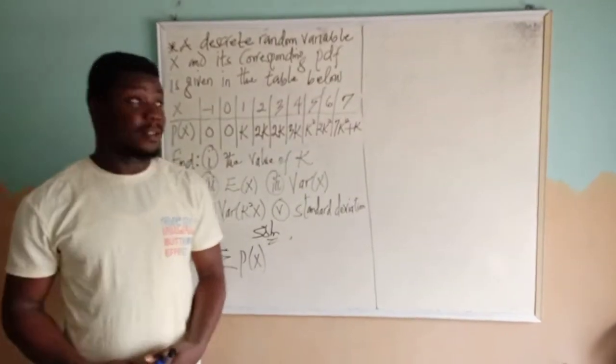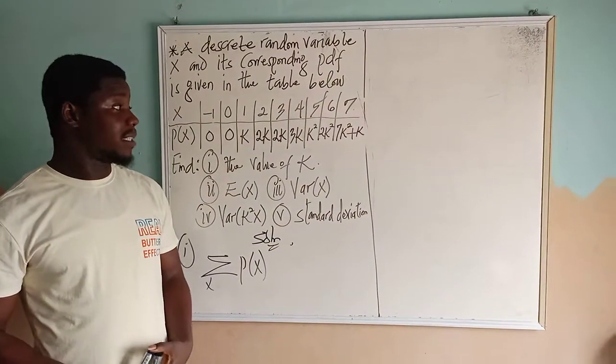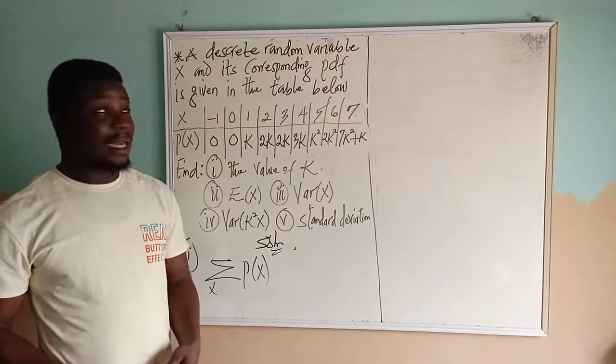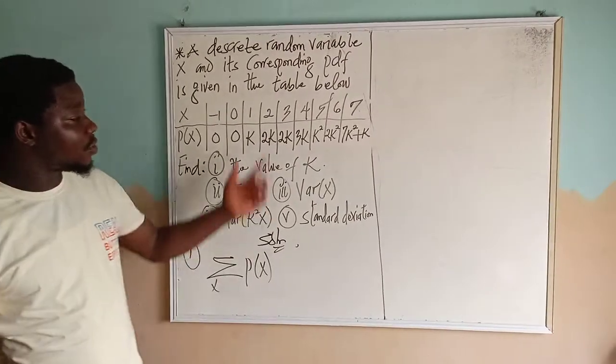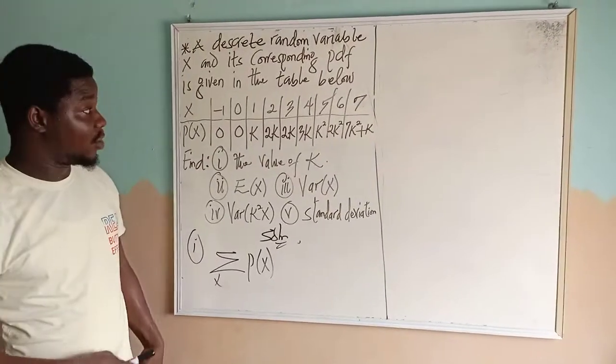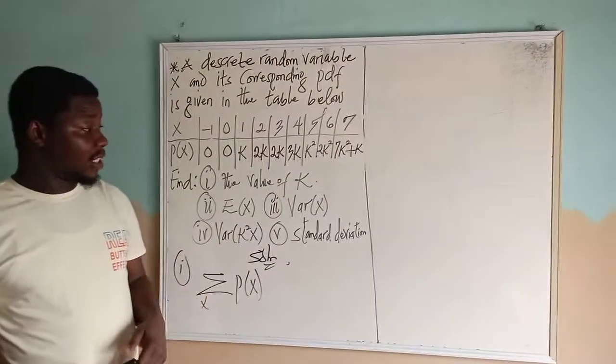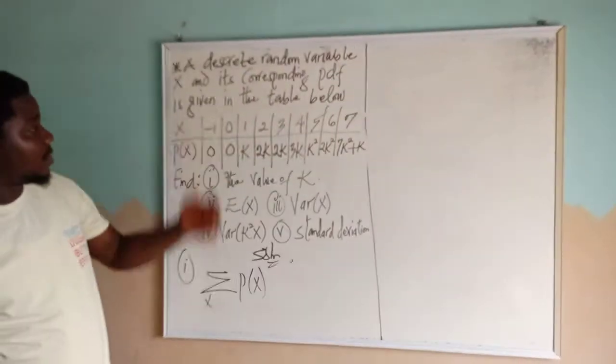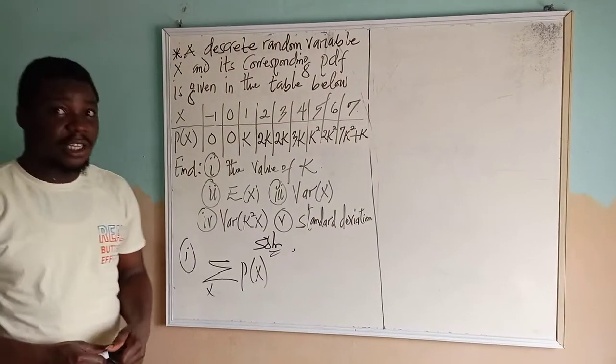Today we'll be looking at some special case of mathematical expectation. I call this a special case because of this constant k, because we are going to be introducing some special properties of probability in order for us to obtain a constant k. So we have a question on the board, as you can see, and the question is strictly talking about the